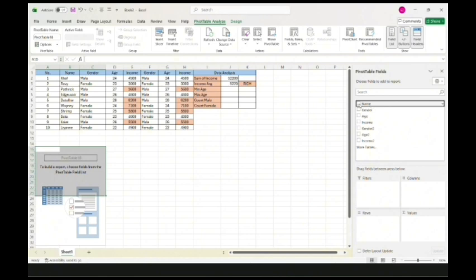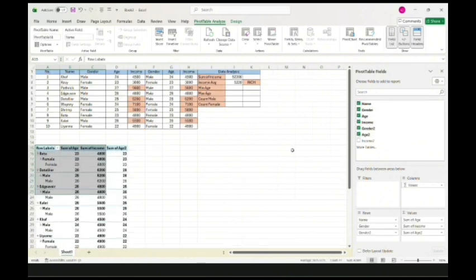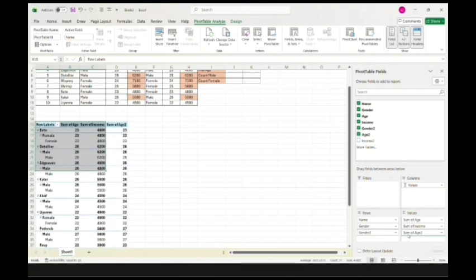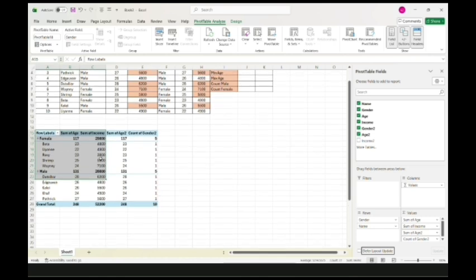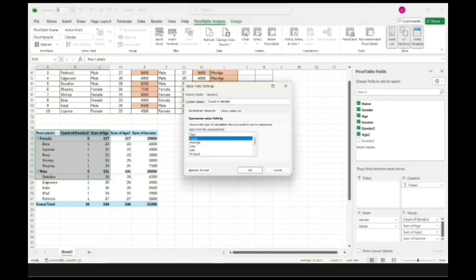So mark the check: name, gender, age, income, male 2 and age 2. Then reorganize the data according to the preferences, the desired table. Put the count of gender at first, then edit.